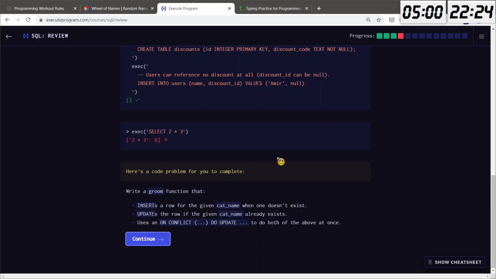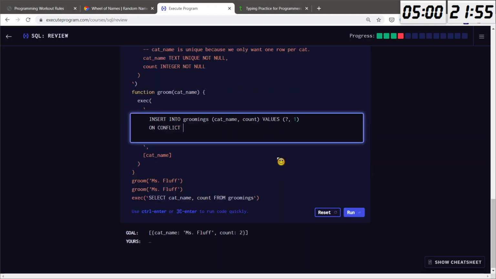Update the row if the given cat name already exists, and use on conflict do update to do both. So that would be a function groom. And there will be just one SQL statement, and that will be insert with on conflict update. And on conflict do update set, and that would be groom, increase the number in there, on conflict, and we will have a cat name,